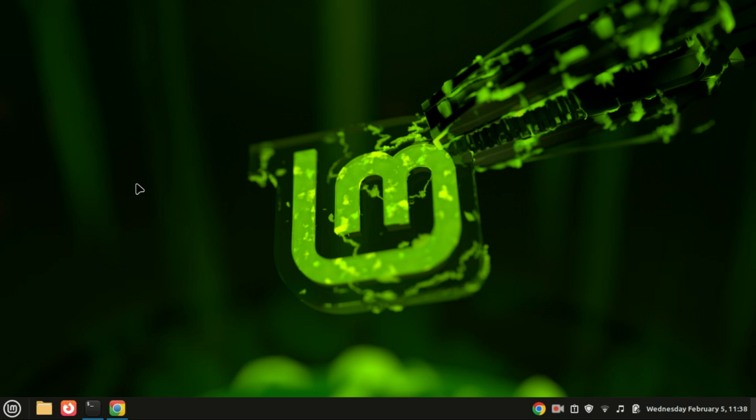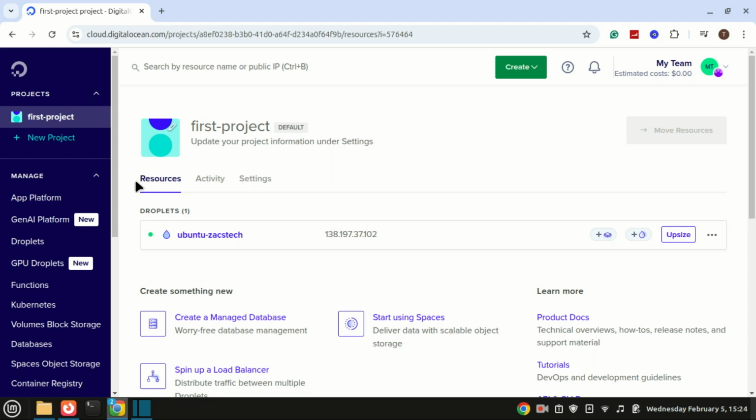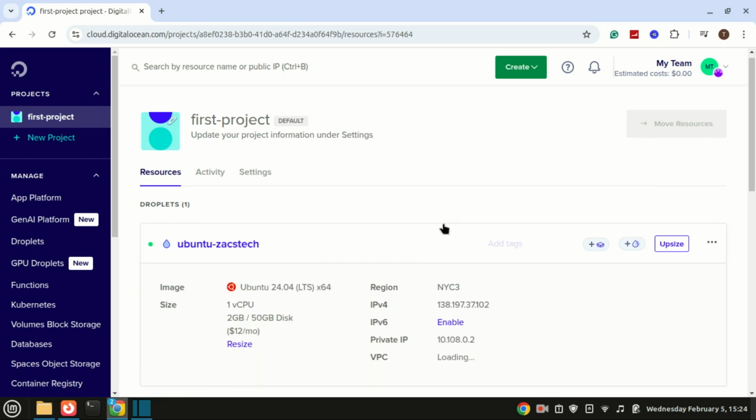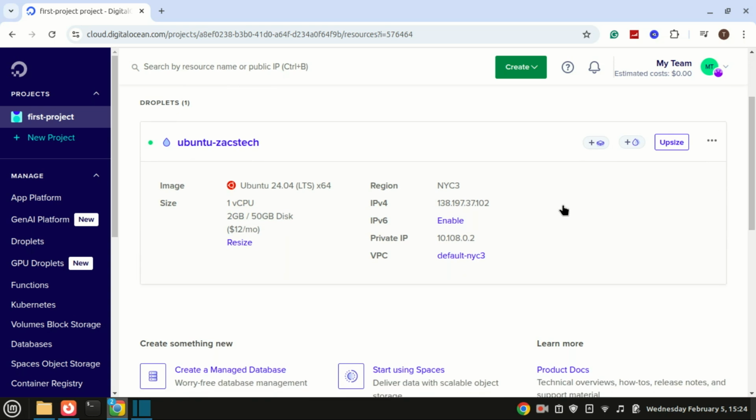Let's get started. Before we begin, make sure you have these three things ready: a DigitalOcean account with a droplet already created, your Droplet's IP address, and an SSH key pair. This includes a private key on your local machine and a public key added to your Droplet. The default password for that username if you aren't using SSH keys. If you haven't set up an SSH key yet, check out the video in the description where we walk you